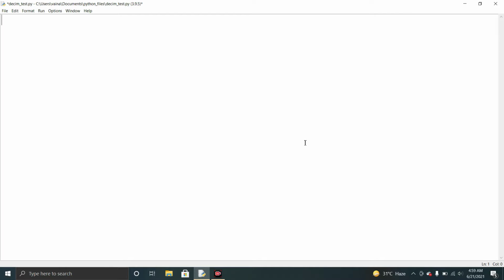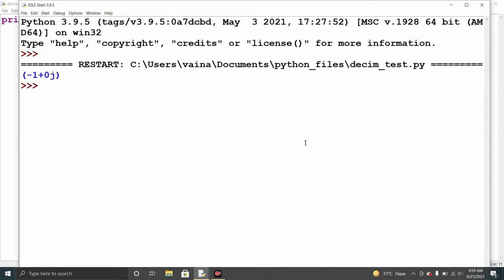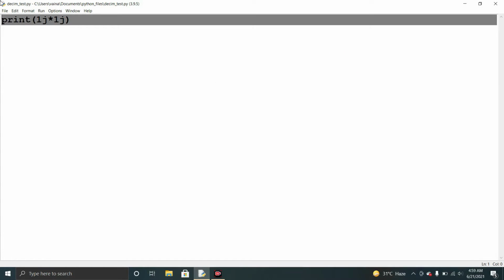So next we will jump over the complex numbers. We already discussed the complex numbers, and we just go through it. If we take 1j times 1j, we should get the output like -1. So when we run it we got -1 as the real value, and 0 is the imaginary, this j is the complex. So we got the complex number.